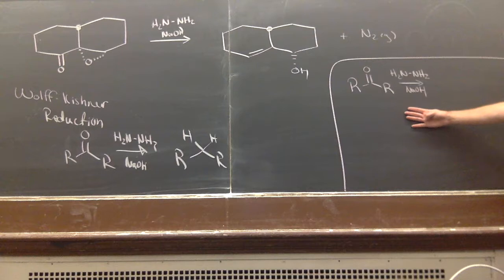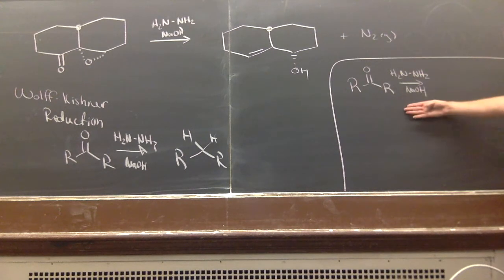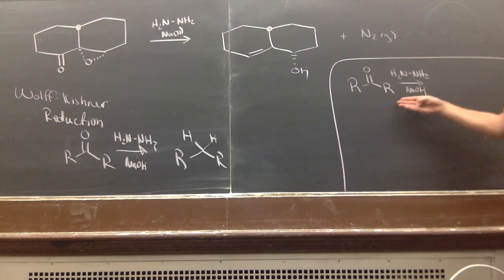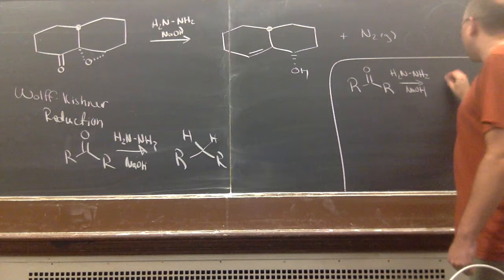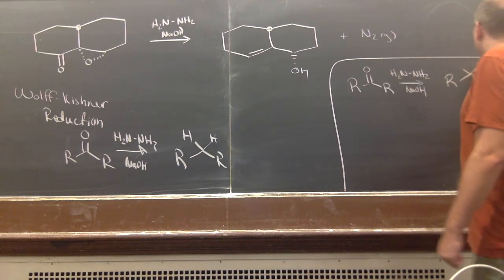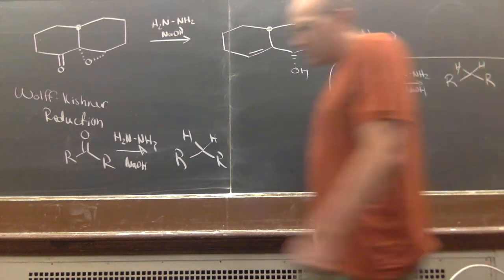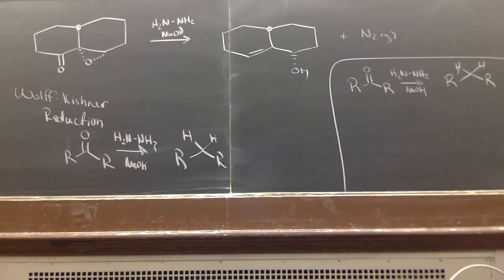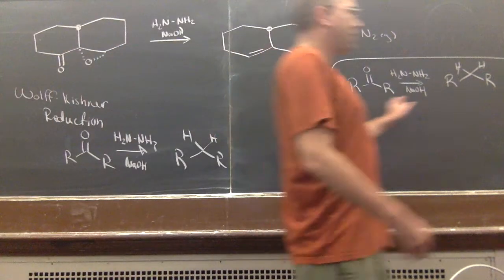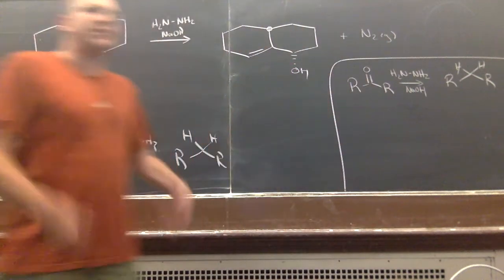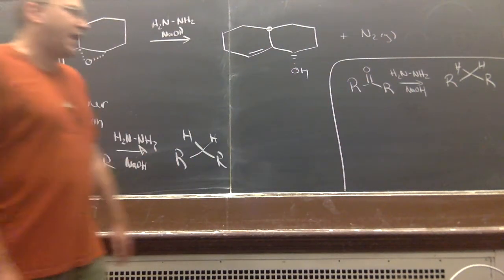So we need to know this mechanism. If we don't know this mechanism, we can't figure out this mechanism. Based upon the fact that it took you a long time to even recognize what this reaction is, I'm a little bit pessimistic about your ability to figure out this mechanism. So let's think about it if we don't know what the Wolff-Kishner reaction is or the mechanism of this transformation. If you recognize this, which is something we've gone over and covered in class, and it's certainly in your book, and it's come up in the past,